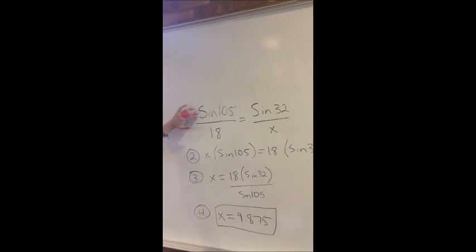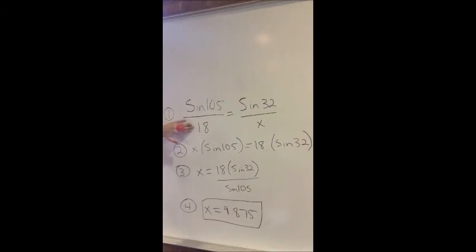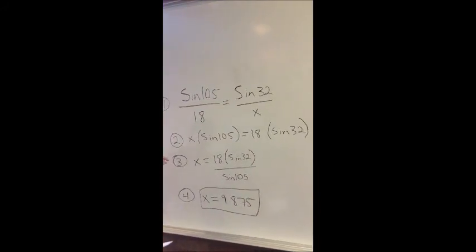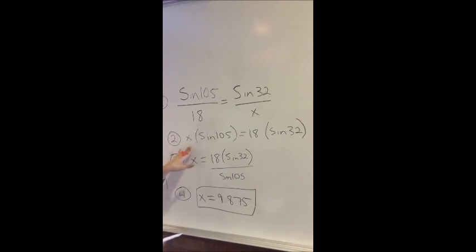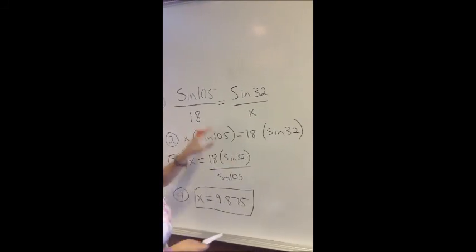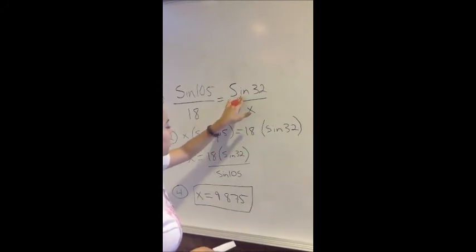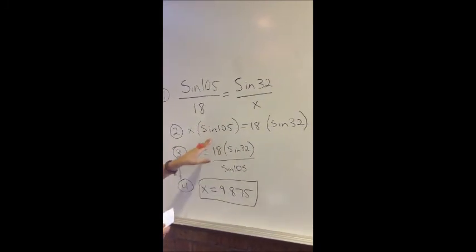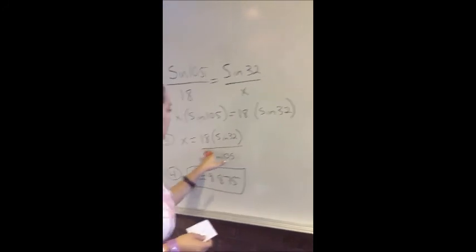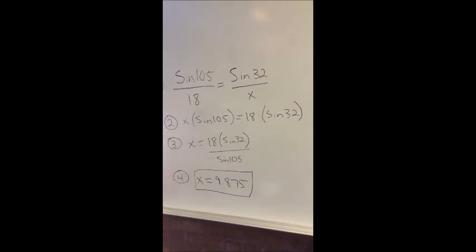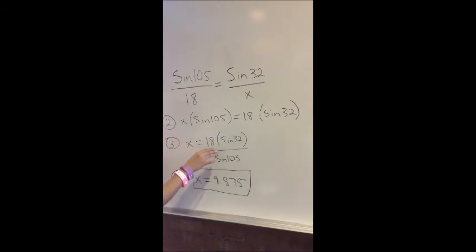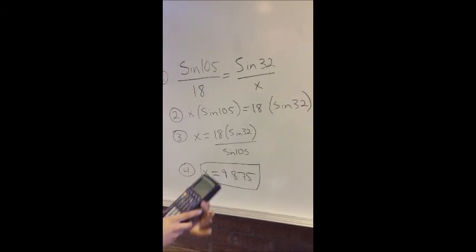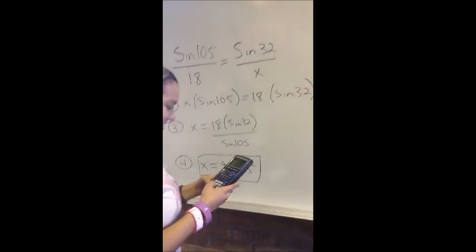So you would have sine of 105 over 18 equals sine of 32 over x. And then you would have to cross multiply. So you would have x times sine of 105 equals 18 times sine of 32. And after you get rid of the sine 105, you move it so it is divided over on this side. So then you would have x equals 18 times sine of 32 over sine of 105. And if you wanted to put it in the calculator,